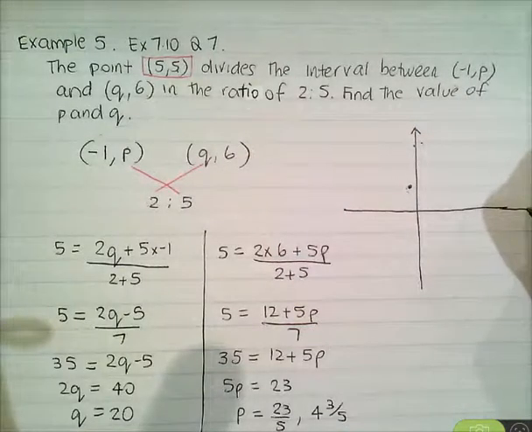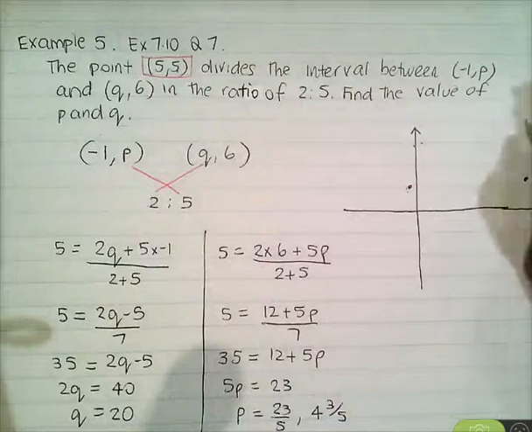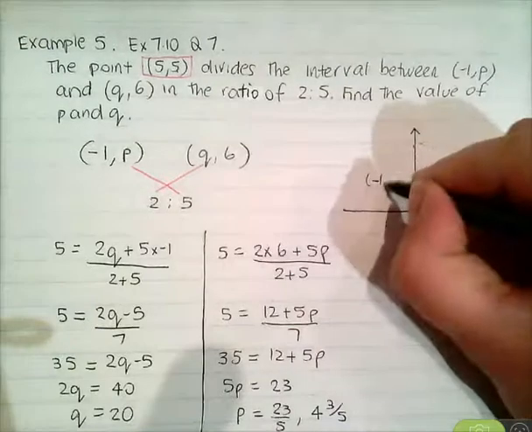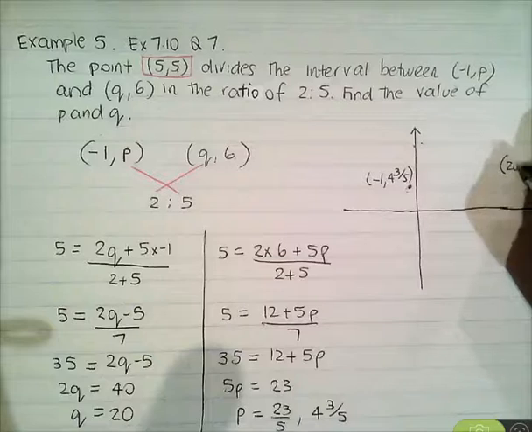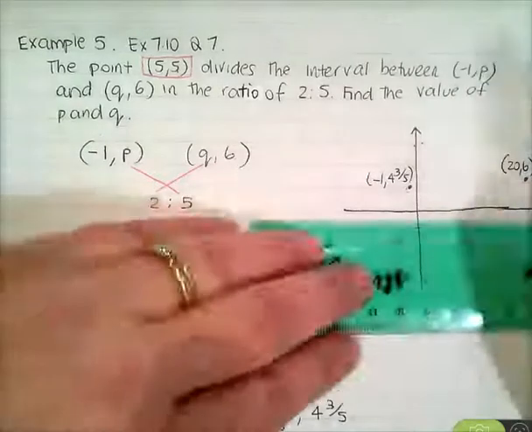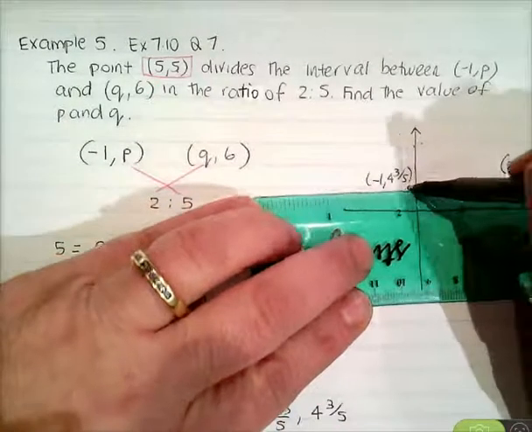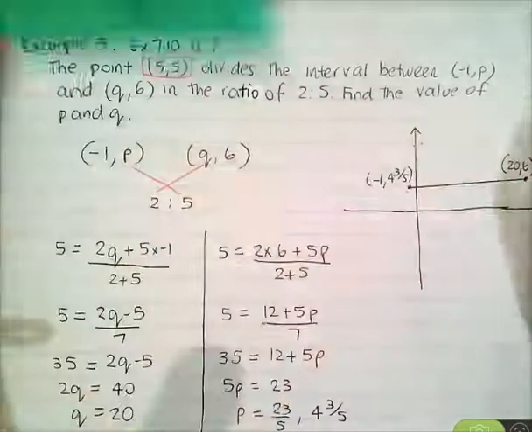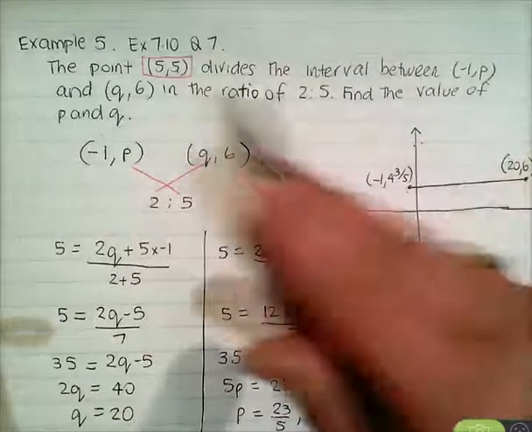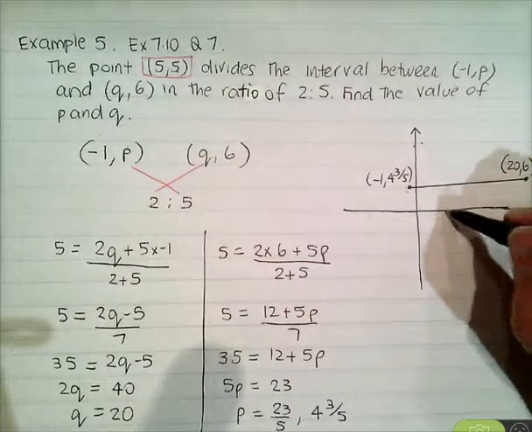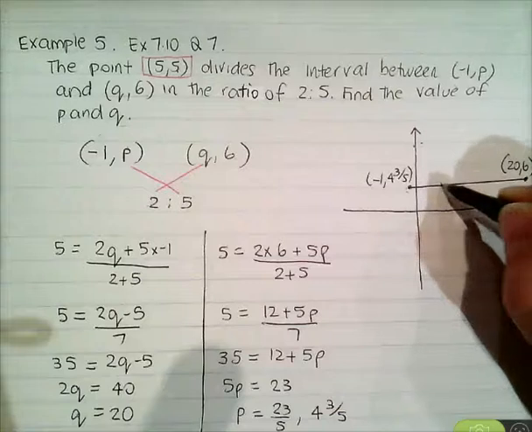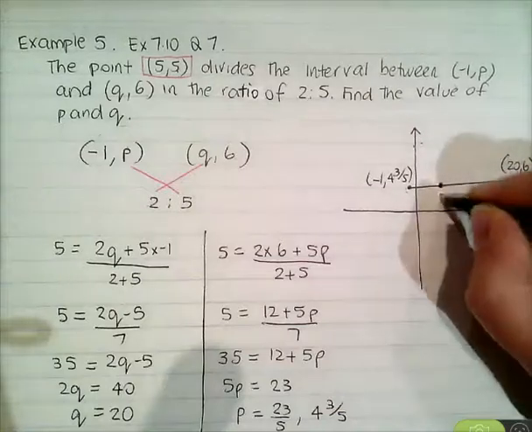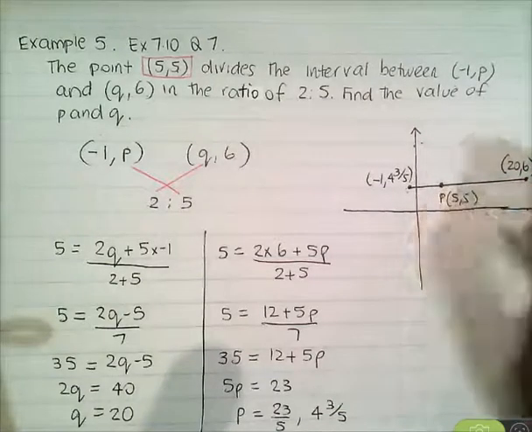And 6, if that was 4 and 3/5, it'll just be a bit higher. So let's say that that's that other point. So I've got negative 1, 4 and 3/5. And my other point here is 20, 6. And that's divided in the ratio of 2 to 5. Now my answer was that the point 5, 5 divides that. So if that's 20 up to there, that's about 10. So here's my answer of 5, 5. So this is my point P that divides that interval